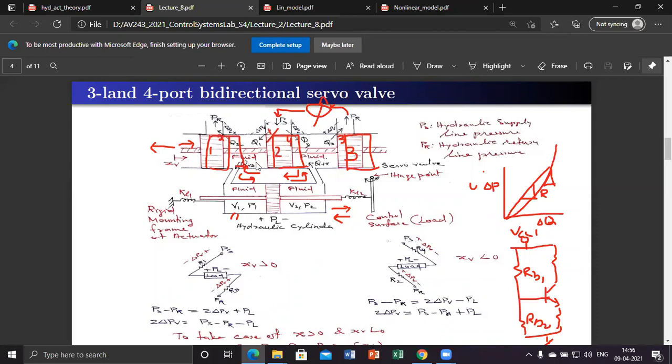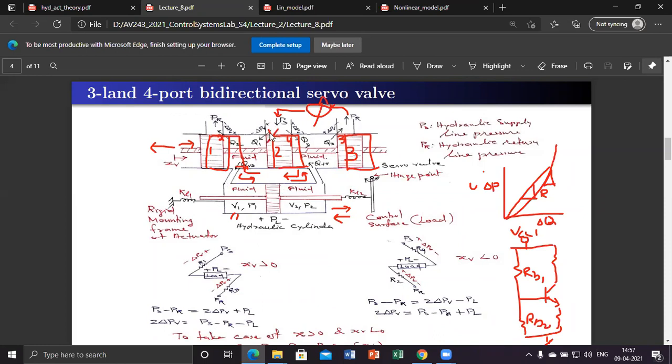So 200 bar will divide into 100 bar here and 100 bar here. That is, on both sides of the piston, in both the forward chamber and return chamber, the pressure will be 100 bar. Because of that, there is no pressure drop, and because of that, there is no motion for this piston and no volumetric displacement, and effectively there is no QVS and QVR. QVS is equal to 0, QVR is also 0.